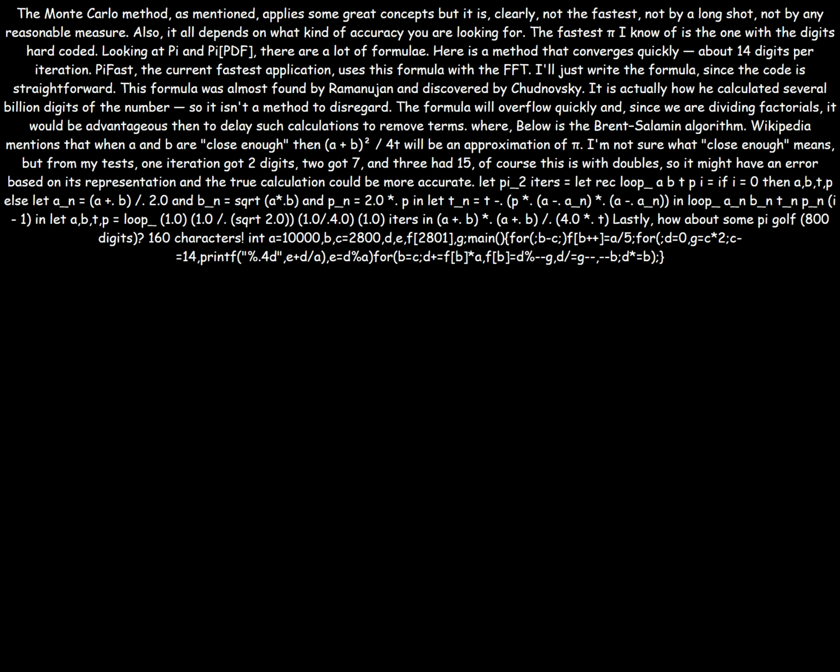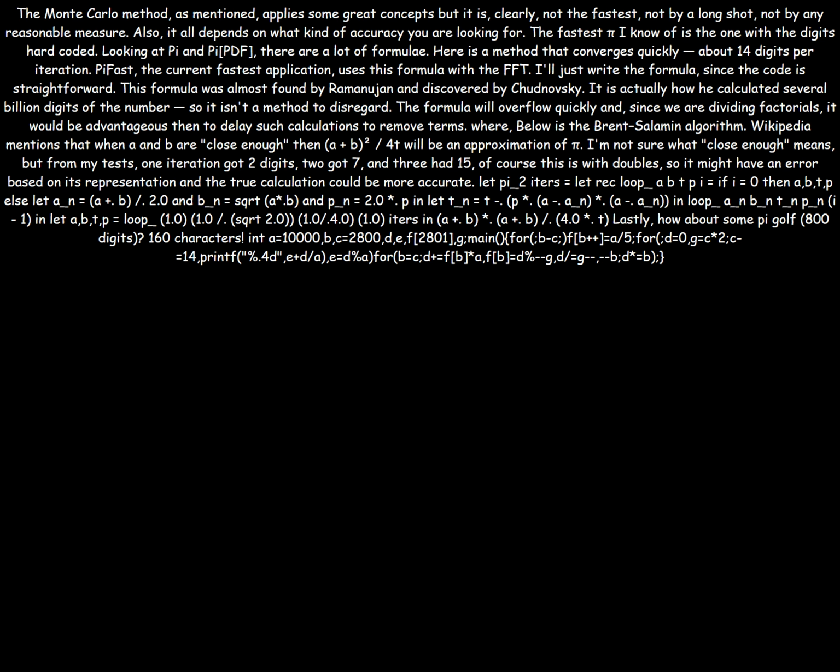let pi_2 iters = let rec loop_abtp i a b t p = if i = 0 then a, b, t, p else let a_n = (a +. b) /. 2.0 and b_n = sqrt (a *. b) and p_n = 2.0 *. p in